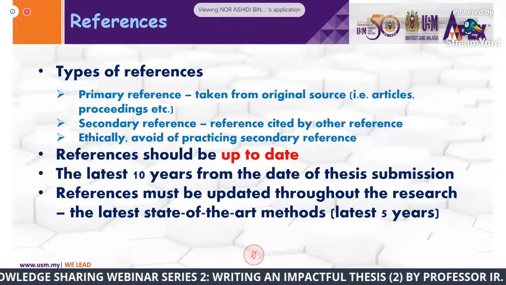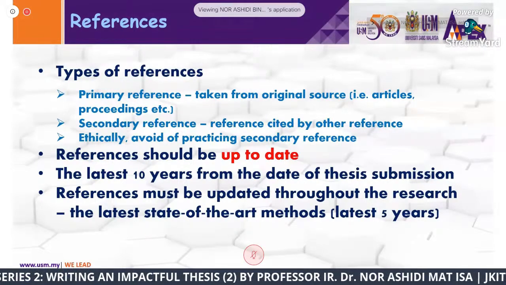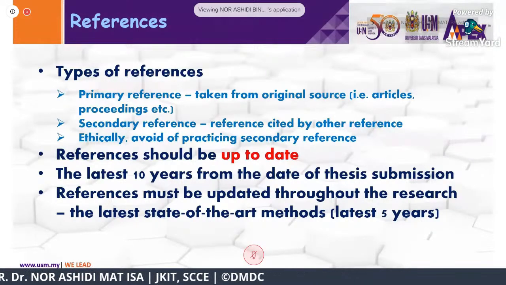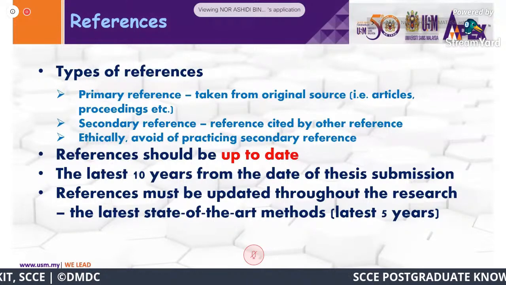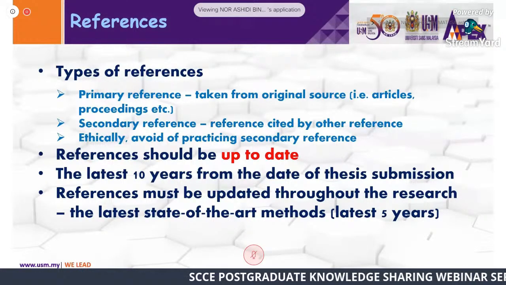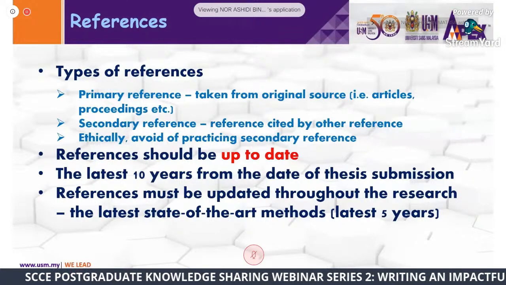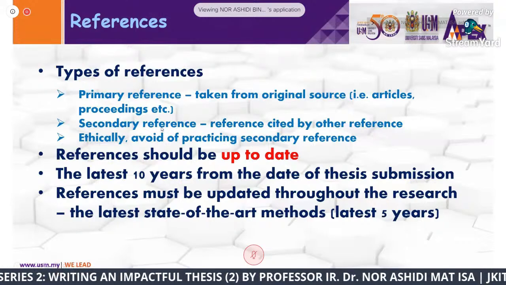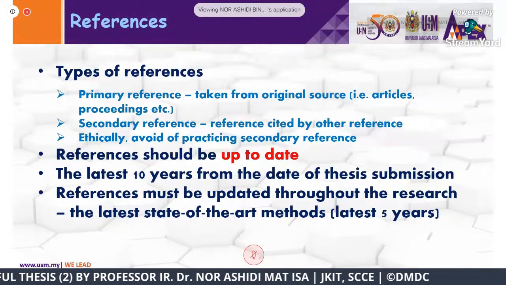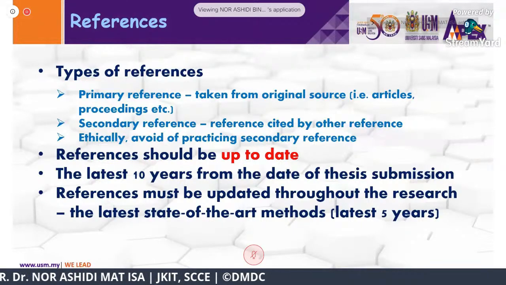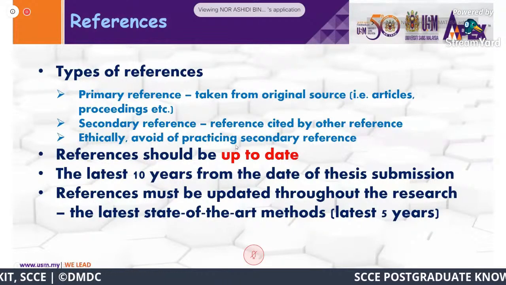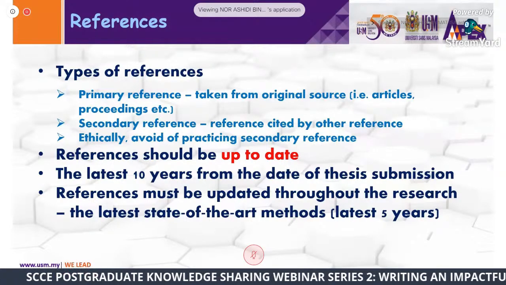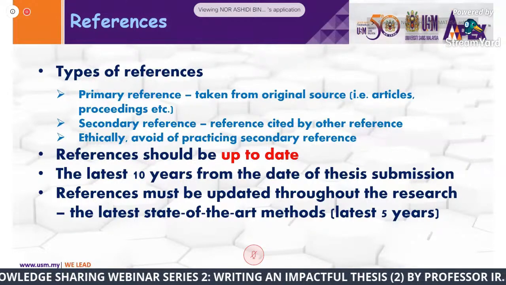You read my paper. You want to use the statement also, which is the MLP is better than RBF. Then you cite the reference that I cite. So this is what we call a secondary reference, because you did not read that reference, so you cannot use this one as your reference. So that's what we call a secondary reference. Avoid practicing secondary references. If you refer to my works, if you refer to my paper, refer to my paper,